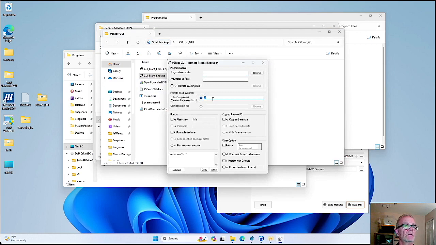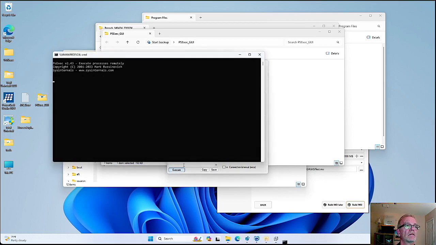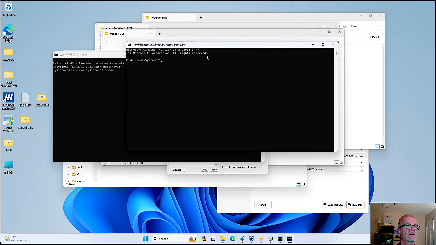So I removed the backslashes, run in system account, interact with desktop, and I will do CMD. So we'll run a command line. Okay, so here's my command line that's running as admin and system. So we go cd